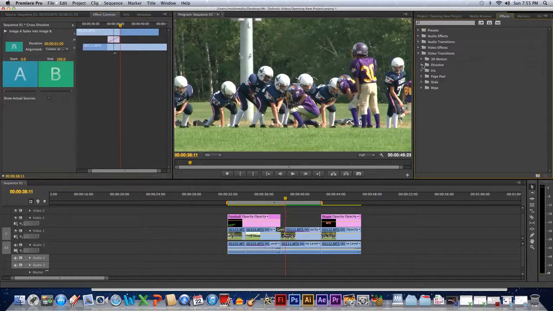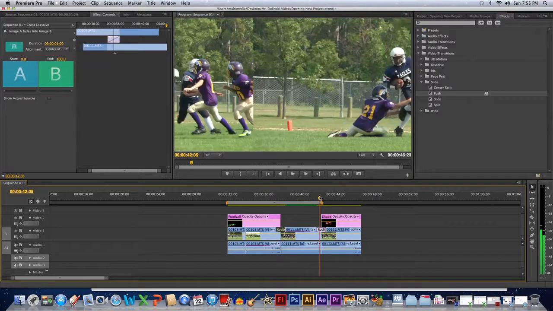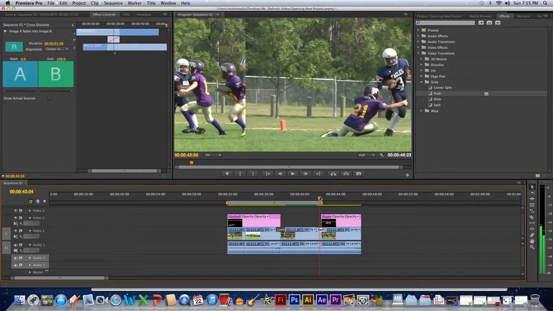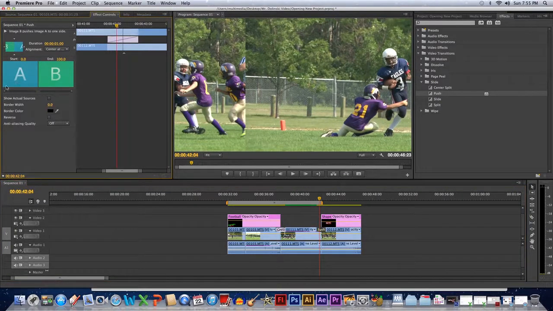So I'll show you one that's maybe a little better. Let's try a slide. Let's try a push slide. Drag it in between these two, and that'll push. You can see this line here. One clip is pushing the other one over. So when we double click on it, we can go here and let's just go here, boom, and you